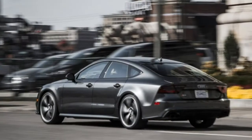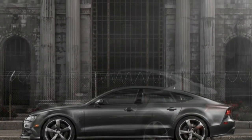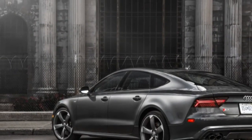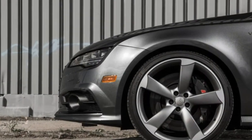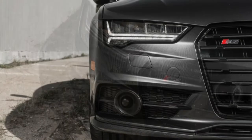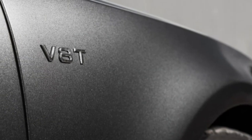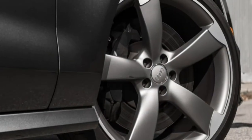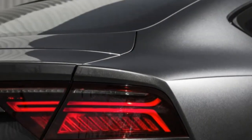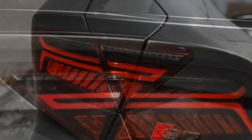Options on this one included the $2,700 Black Optic package of 21-inch wheels wearing summer performance tires, body color exterior mirrors, and gloss black trim. Nice, but we might skip it, especially since those big wheels and 30-section tires made for a harsh ride on rough pavement, not to mention our experience with costly flat tires and damaged wheels even with a smaller rolling stock on our long-termer. Decide for yourself on the driver assistance package